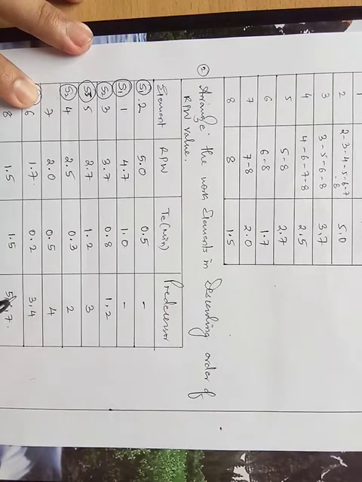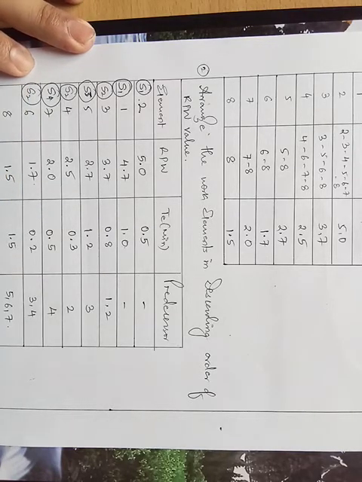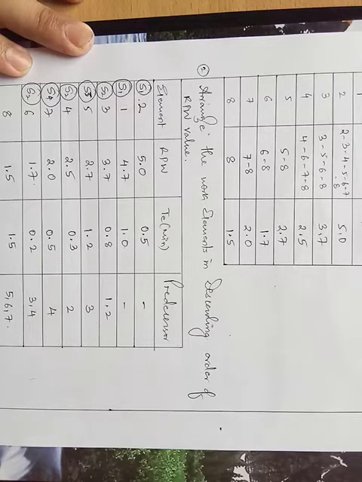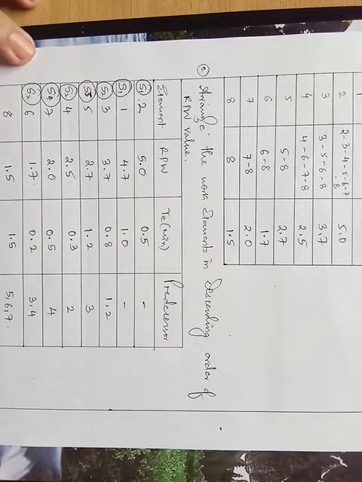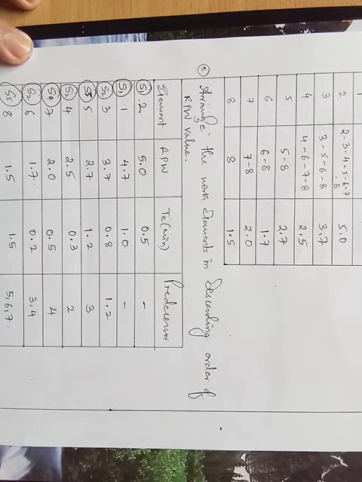Proceeding, next I have work element number 7. Precedence activity is 4. 4 is already completed, so 7 can be allotted to station number 4. Total work content time is 0.5, which is less than 1.5, so both the conditions are accepted, right? Next, at last, you have just one element, which goes to workstation number 5. Total time is also 1.5, which is equal to cycle time, and all precedences 5, 6 and 7 are allotted, right?